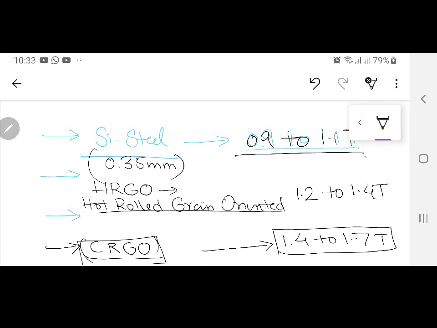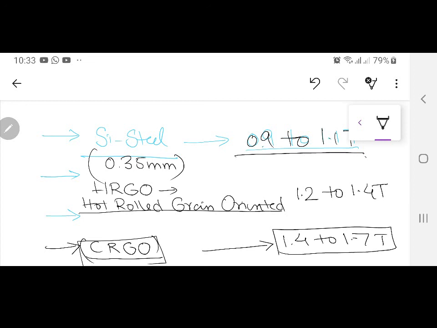Now, not in this book or in your course up till now, maybe in Pakistan, but there are some materials now which have achieved, some ceramic materials combined with the fusion with the silicon steel, they have achieved 2.4 Tesla also. And such like materials are being used in the induction motor of a Tesla car. वो मोटर खुद बना रहे हैं टेस्ला वाले, they are making it themselves.